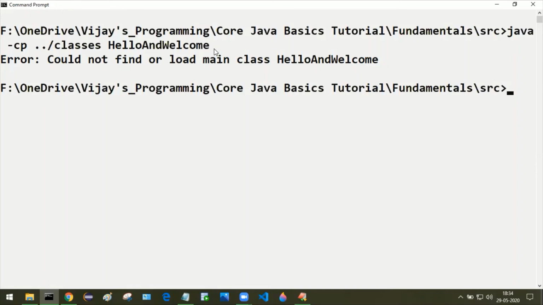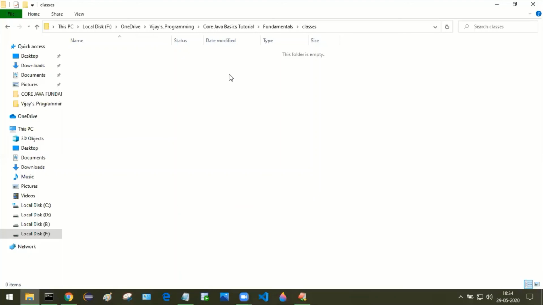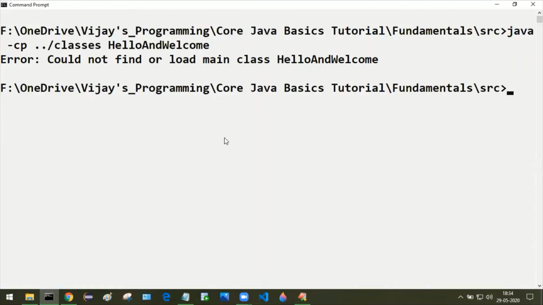What I have done here is I have deleted the dot class file. How can it run without the dot class file? So let me just compile it once again and run once again.